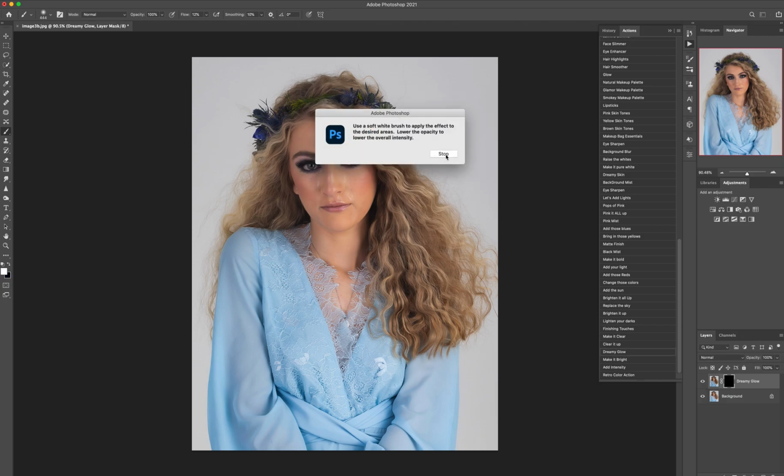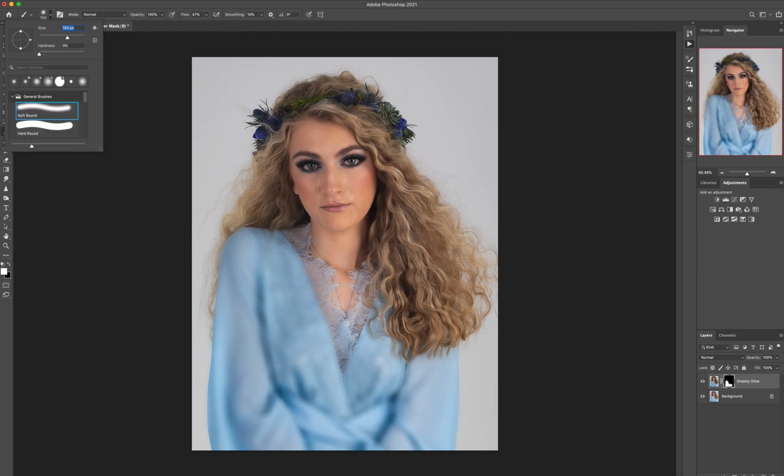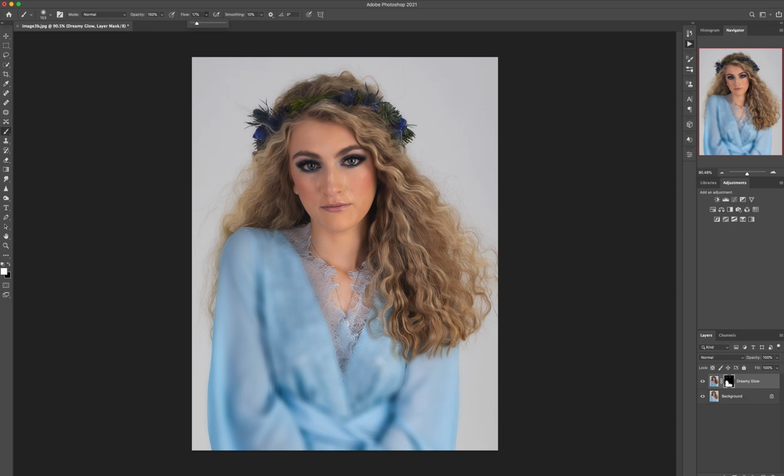action. Now this one you're going to use a white brush to apply it to certain areas. So you can actually use your flow to help control how much is getting applied to certain areas. With this particular action, I like to use it on clothing. So you can see I'm just kind of applying it to her clothes. I have it on 100% opacity for that. I might drop that down just a little bit and use it on just a few areas on her flowers, and then I'm going to drop it down quite a bit more and use it on her hair